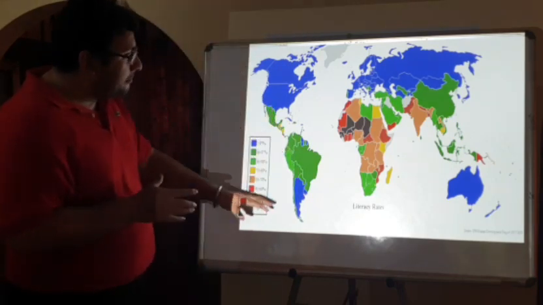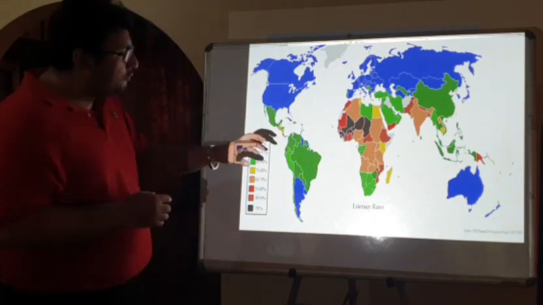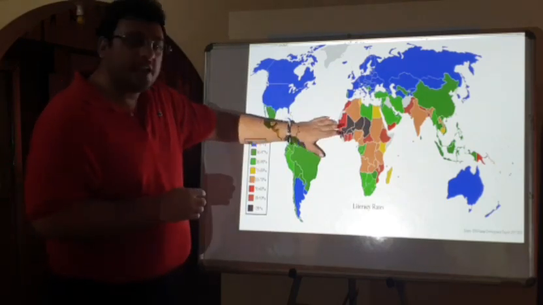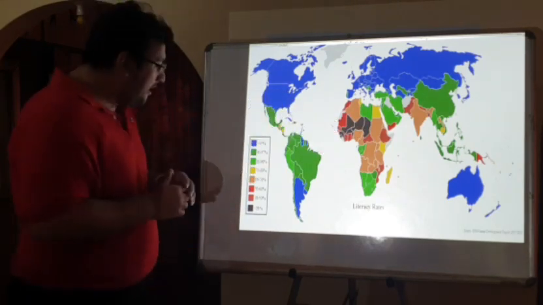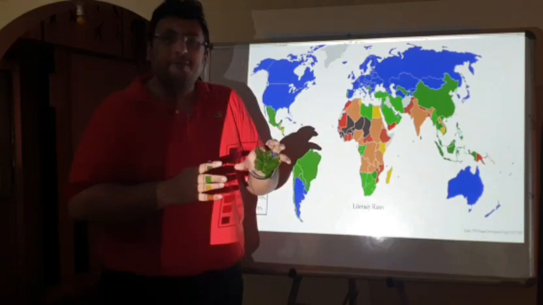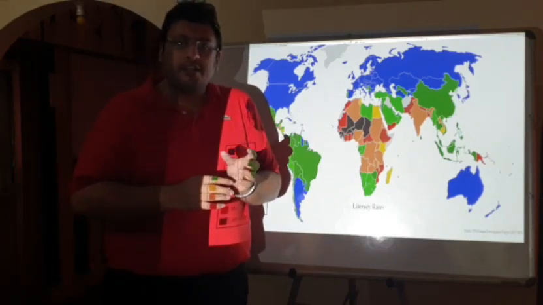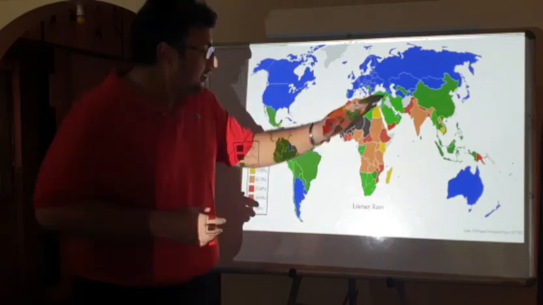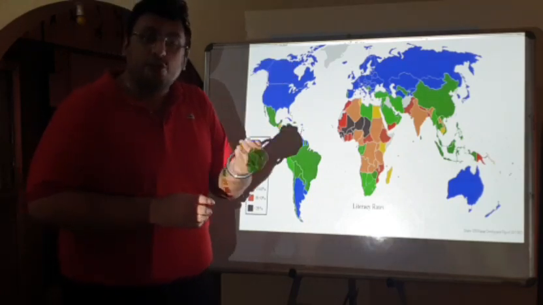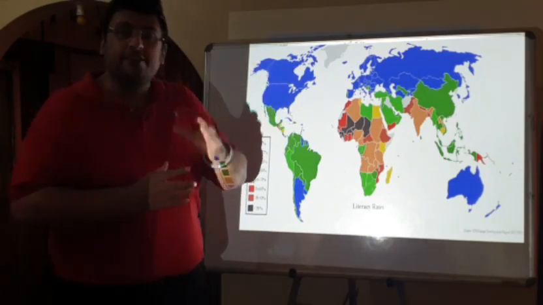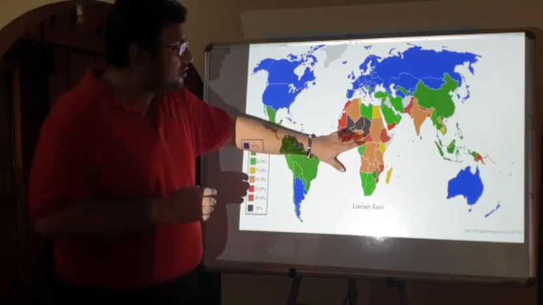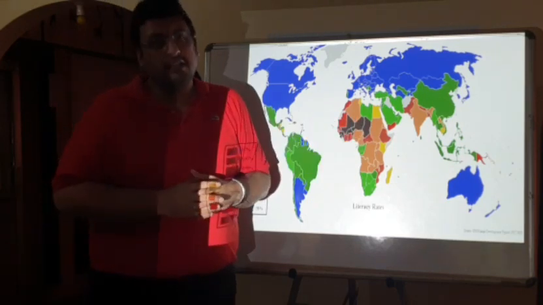Whereas if you come to some African countries again, you will see that there is absolute lack of education. Therefore, the people here are not literate. What about India? India is 60 to 70% literacy rate. That means around 70% are literate. 30% of the population is still not literate. You see, this map clearly shows us which country has better schools, better educational facilities and therefore high literacy rate, and which country has poor schools, no education facility, and because of that there is very low literacy rate.